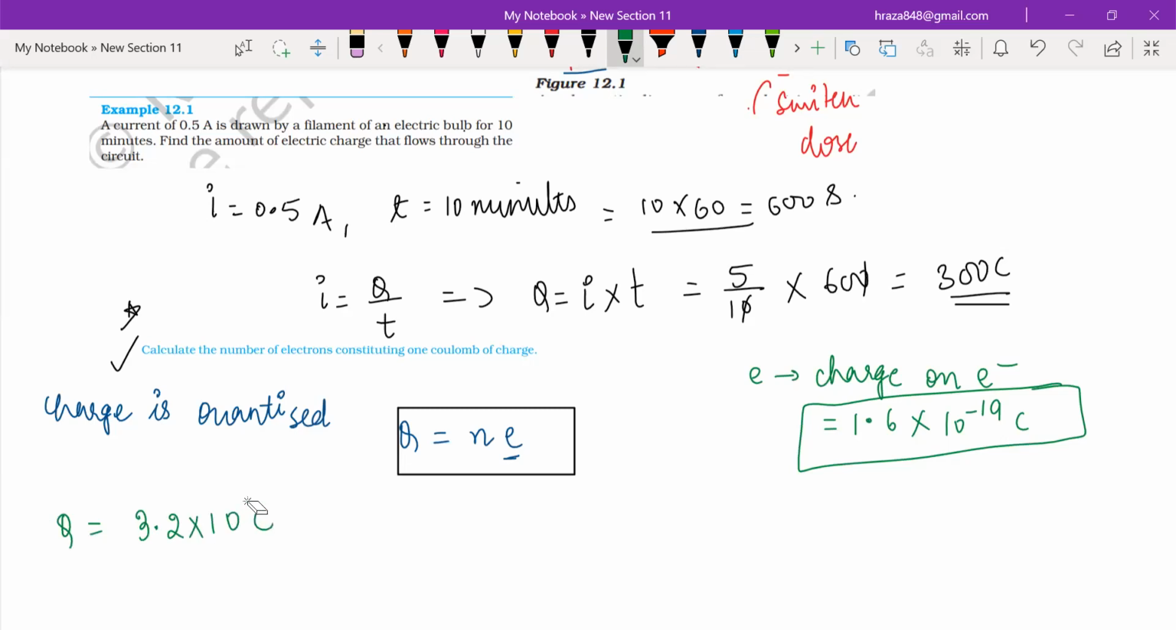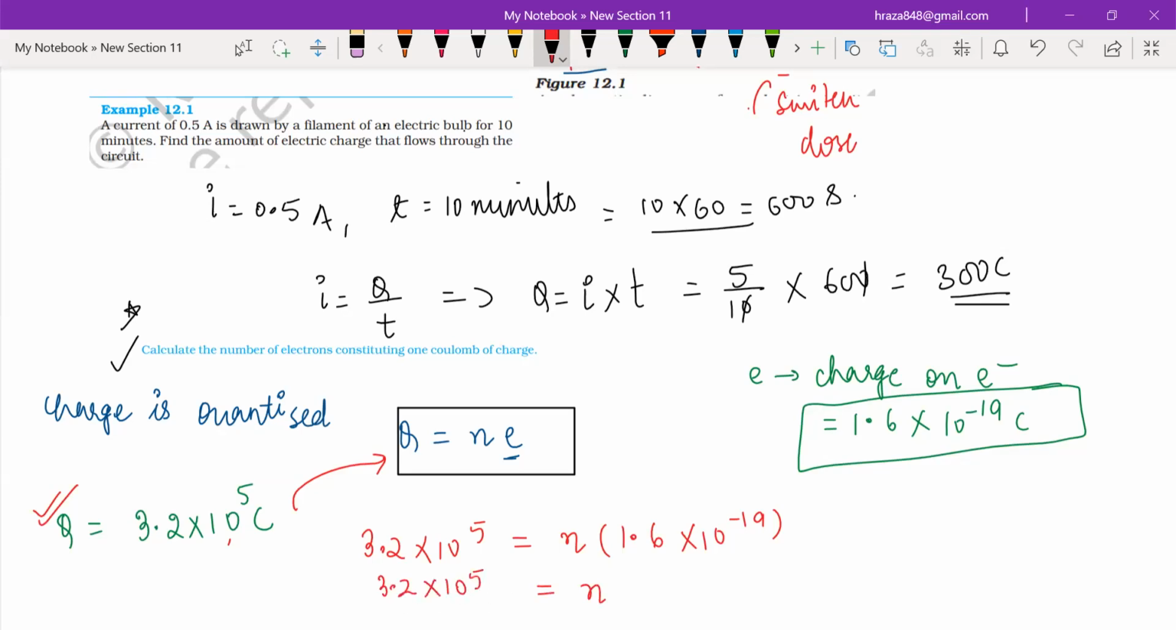like 5 coulomb, and I ask whether this charge exists or not, what you are going to do is put the value of Q here. That means 3.2 into 10 raised to the power 5 is equal to n into e. e has a value 1.6 into 10 raised to the power minus 19. So n will be equal to 3.2 into 10 raised to the power 5 upon 1.6 into 10 raised to the power minus 19. Now, do they cancel and give you